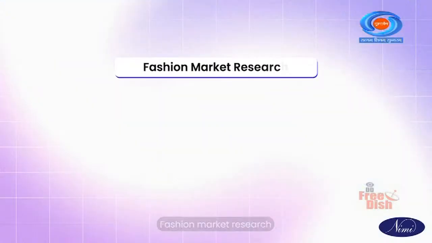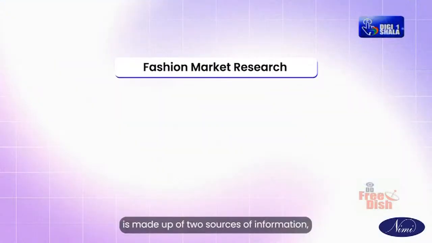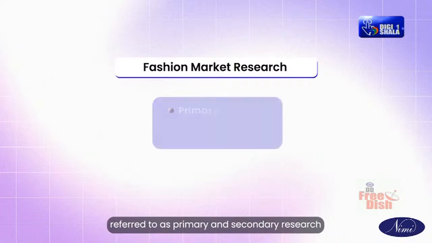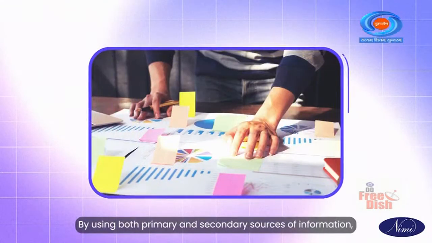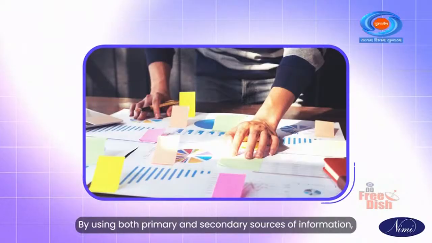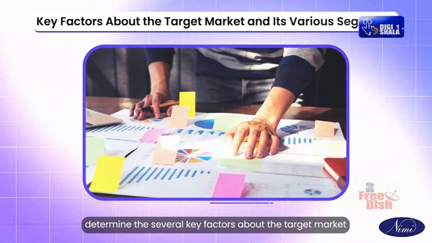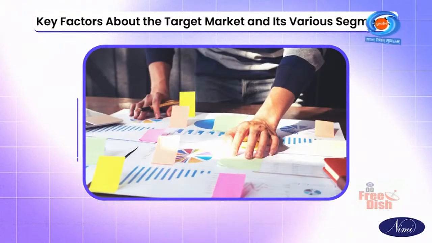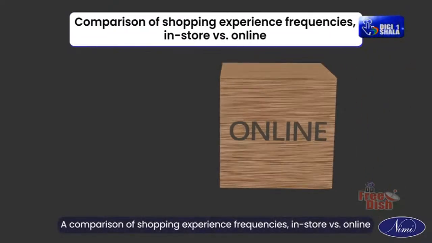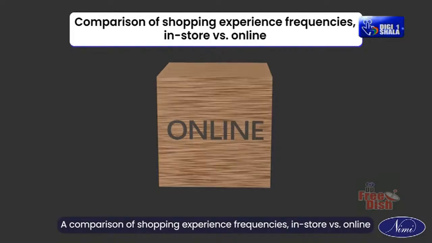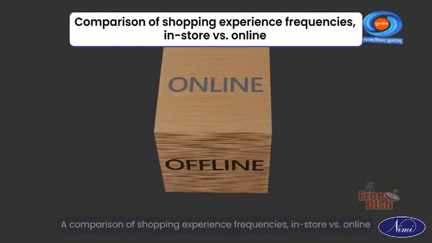Fashion market research is made up of 2 sources of information, referred to as primary and secondary research. By using both primary and secondary sources of information, determine the several key factors about the target market and its various segments. These include annual spend on fashion, a comparison of shopping experience frequencies in-store versus online,